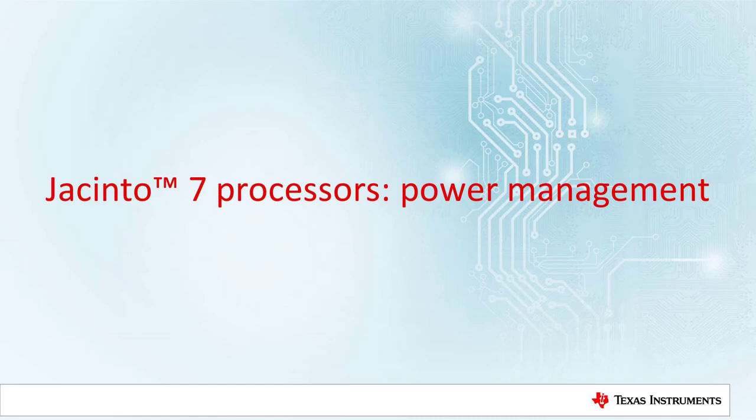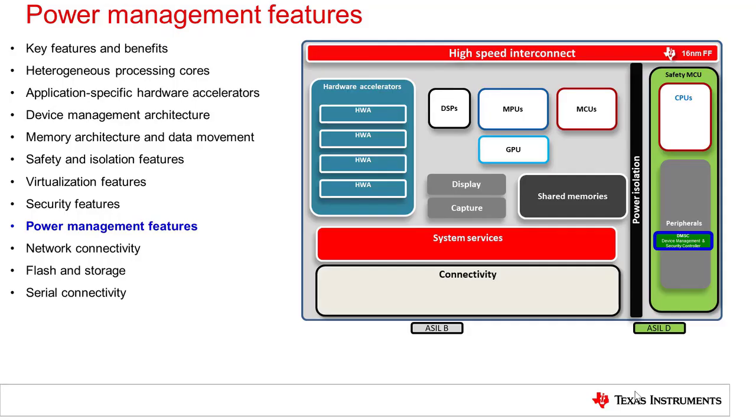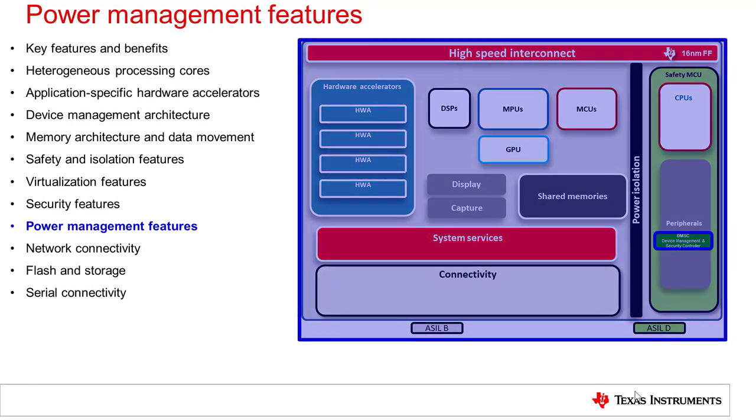Power management is critical in automotive applications to stay within the thermal envelope of the system. Jacinto 7 implements multiple features and strategies to control power both statically and dynamically. The DMSC provides central control for the various power modes of the device. However, from clock gating to power domains and thermal monitors, the relevant features to control power really permeate the entire device architecture. In this section, I will give a brief overview of the key power management features implemented throughout the architecture.